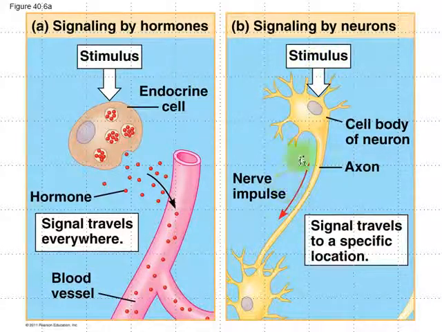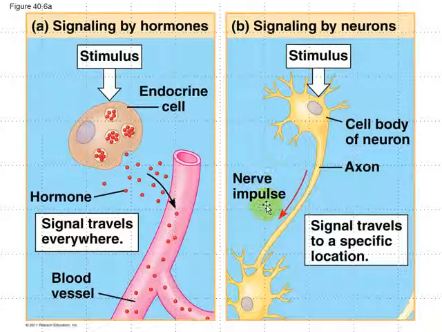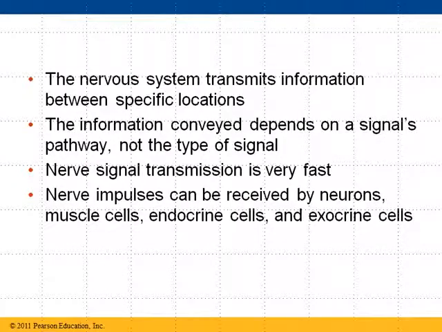So the nervous system transmits information between specific locations, and most of that is conveyed on a single pathway. The type of information depends on the signal's pathway. Nerve signal transmission is very fast, electricity moves very fast, and nerve impulses can be received by neurons, muscle cells, endocrine cells, and exocrine cells. So nerve impulses can go to different parts of the body, but they have a specific place that they are